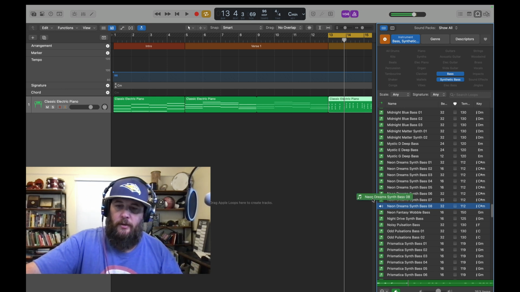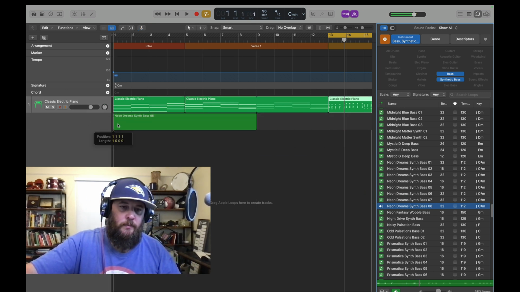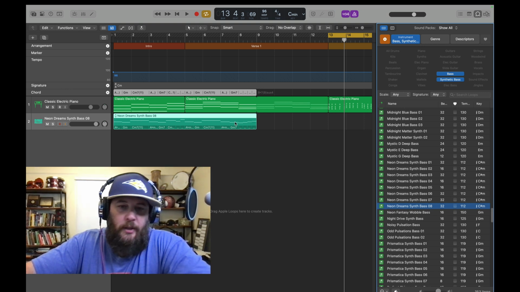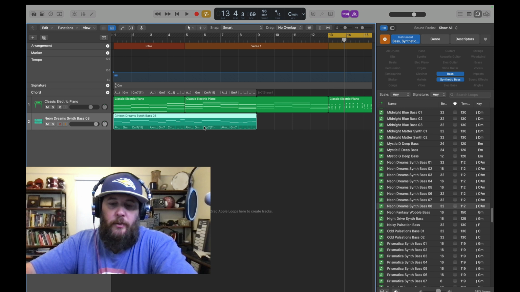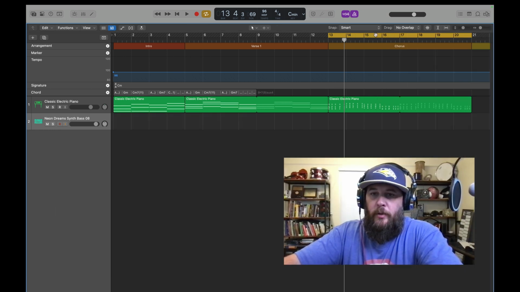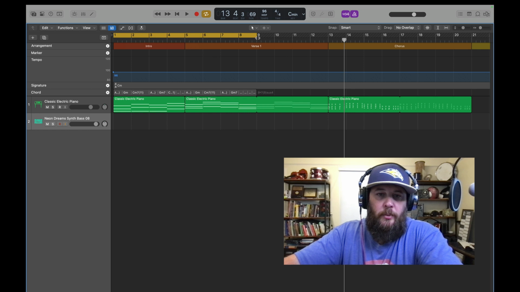Once I like a bass, I could just drag it. Now the bass already has a written out MIDI part, and I want to change that. Now I'm just going to click on the region and delete it. I'm going to press O to remove the loops, drag my cycle tool to the beginning,